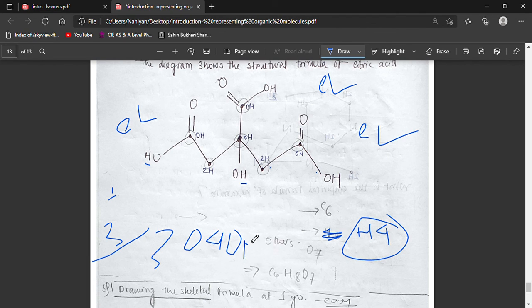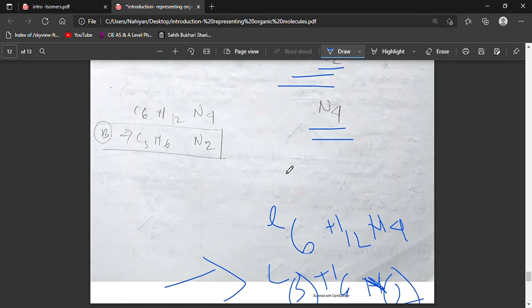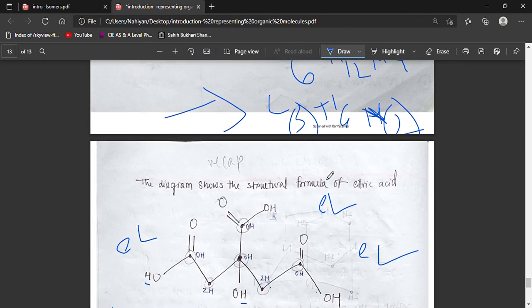So in total, what we have is C6 and H. We had 4 here and we have 4 here. H8. So that is why I wrote 8 here. I think I counted all. And we have 3 oxygen and here 4 oxygen. 4, 5, 6, 7. So O7. So it's C6H8O7. So this was doing some question,